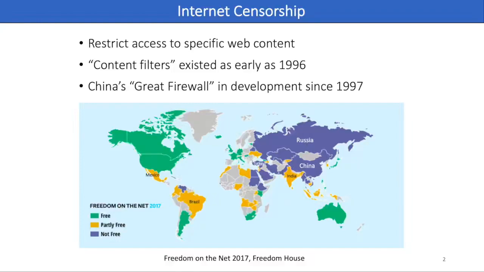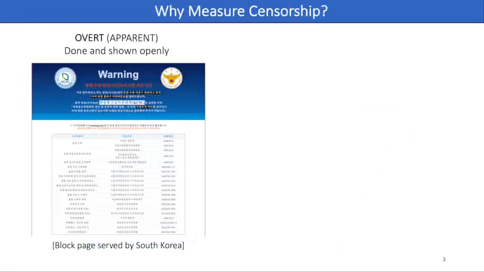From these reports, we can see that governments frequently control what information can be accessed by the citizens. Many works like these reports have been done with qualitative research methods and do not use automatic measurements, so they are not repeatable and scalable. Some censorship activities are apparent to everyone, like block pages. This block page is saying it is blocked due to illegal harmful information, and the others are happening without letting